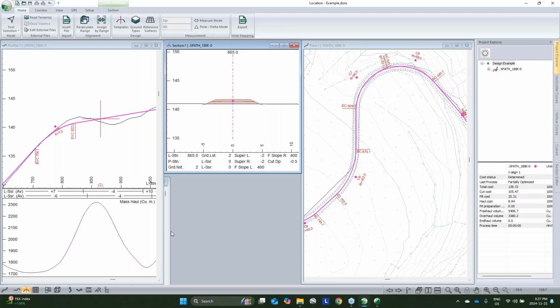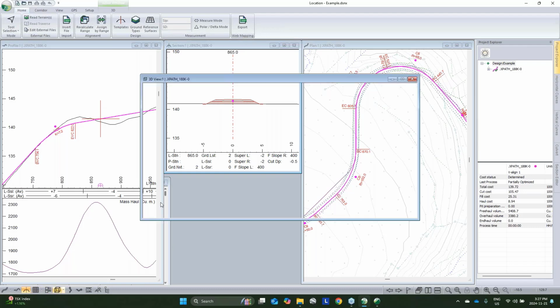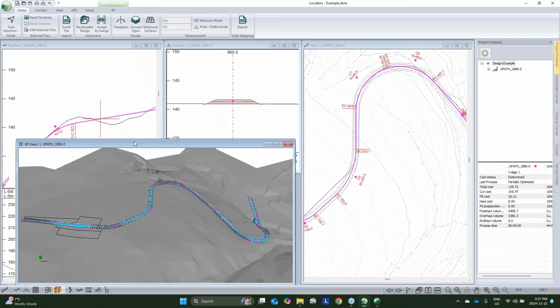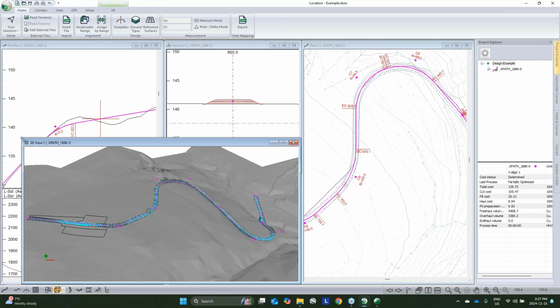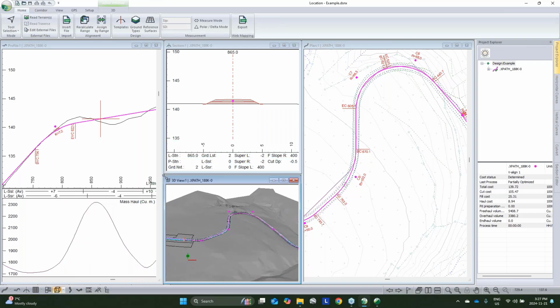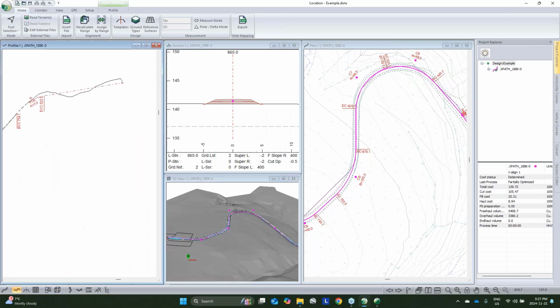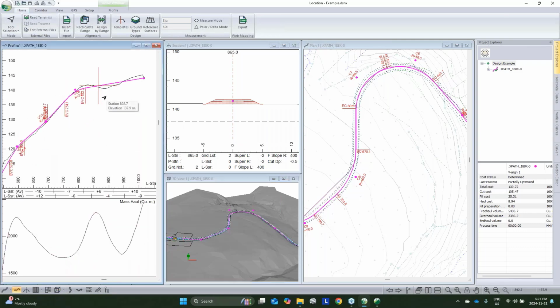So one thing, I like my windows in a certain position. Now the next thing, I might want to adjust how things are shown in here. So my profile view is, of course, very important. And right now I don't have my grades being shown. So if I want to show my grades,